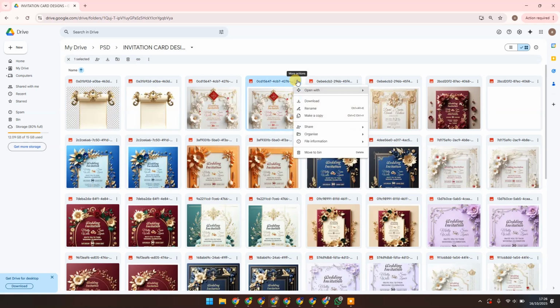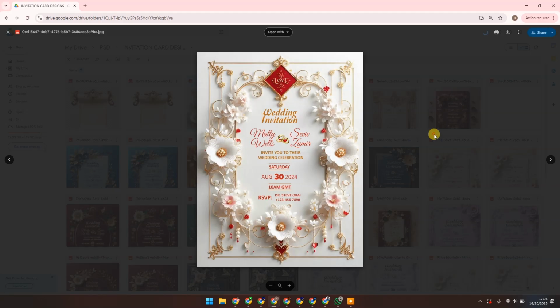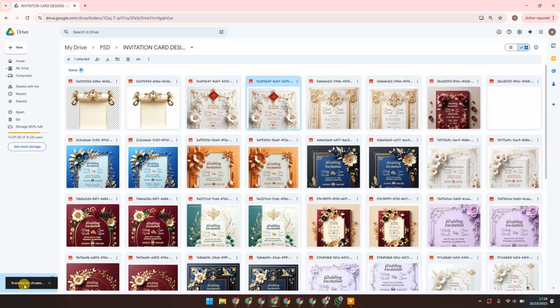All right, so we're going to download this wedding invitation. We double click on it, you open it. This is exactly what you find in the PSD. You click on download and you download it. Now it will be scanning for virus on the left hand side bottom. Once you're done, it will commence download. So as you can see up there in the upper right hand, the download has commenced, but we